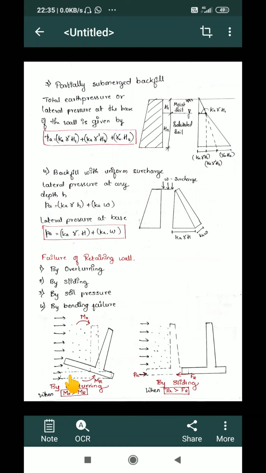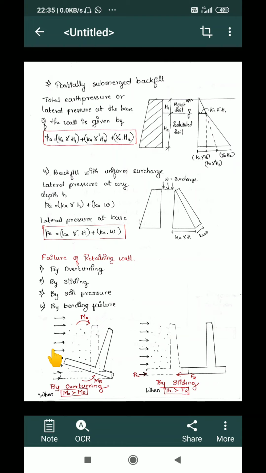The dotted lines are the original position of the retaining wall. Now I will apply a soil pressure or backfill pressure. Whenever I apply a backfill pressure, this retaining wall, which is originally in this position, must resist this earth